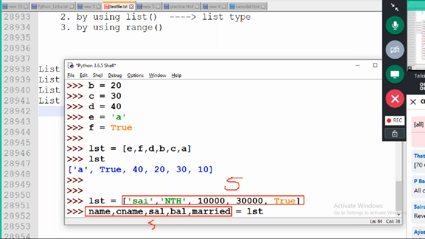That's why we are taking 5 variables, so that the first value is assigned to the first variable, second value to second variable, third to third, fourth to fourth, fifth to fifth. If you take more or fewer variables, it will throw an error.